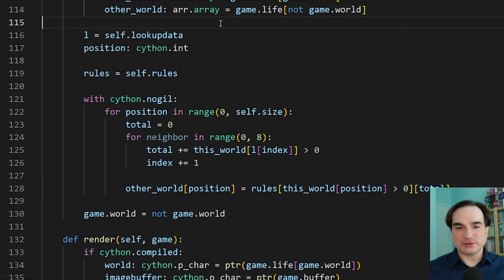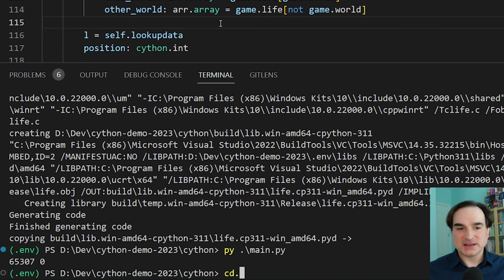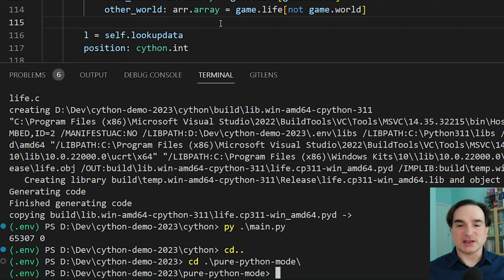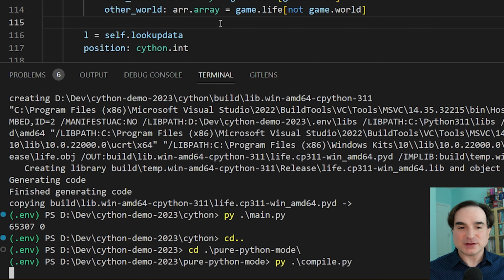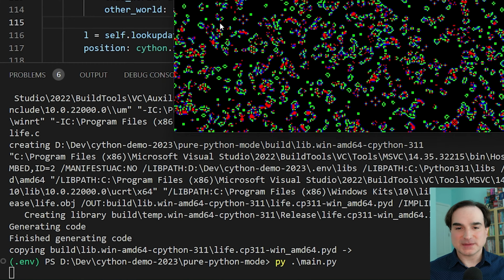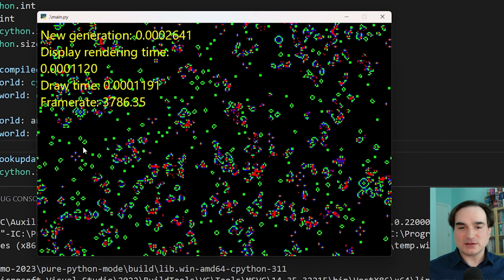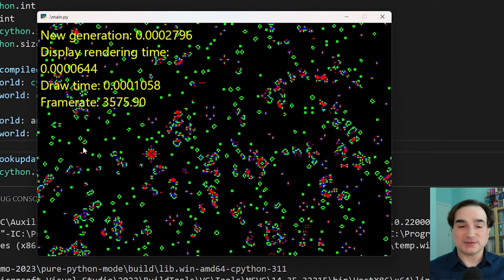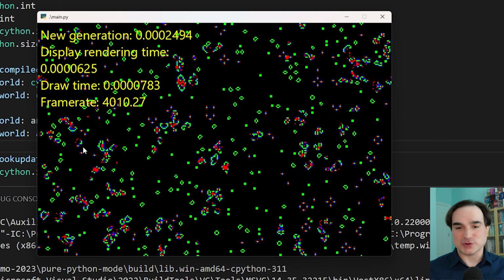So let's feed this version of the code to the Cython compiler. And as you can see when we're running it, once again, we get massive speedups. And the code that we have can now also be handled by Python's native linting tools. So why wouldn't you want to use pure Python mode all the time? Well, there are some parts of Cython that are not yet supported in pure Python mode.